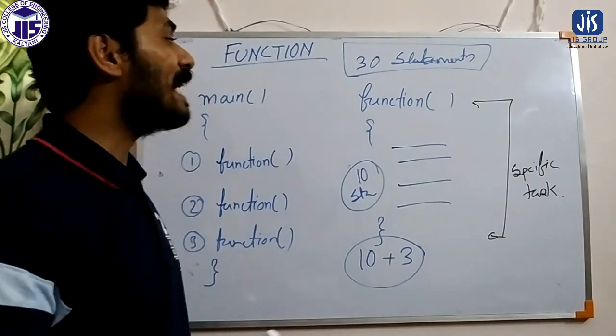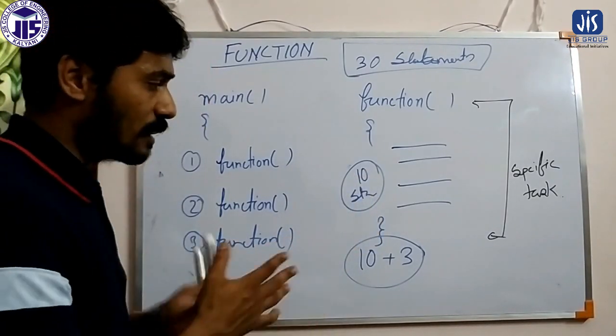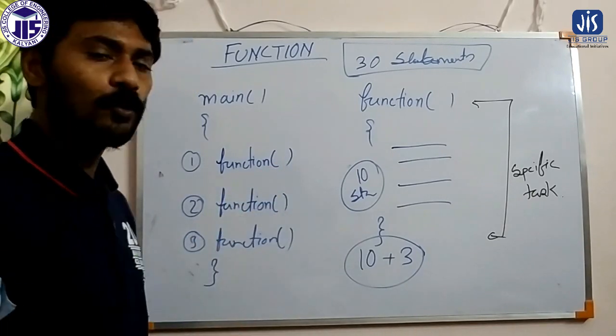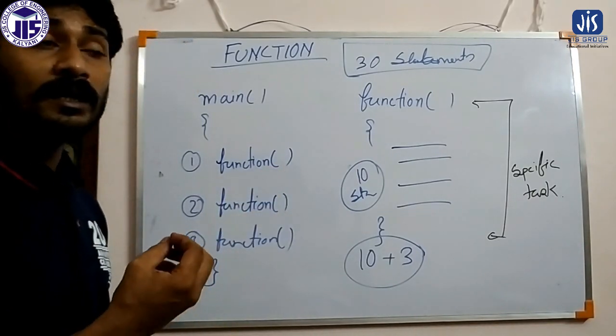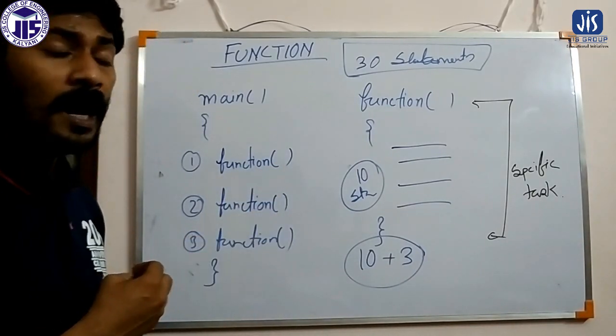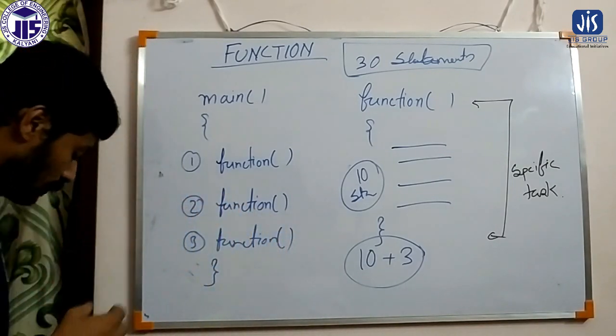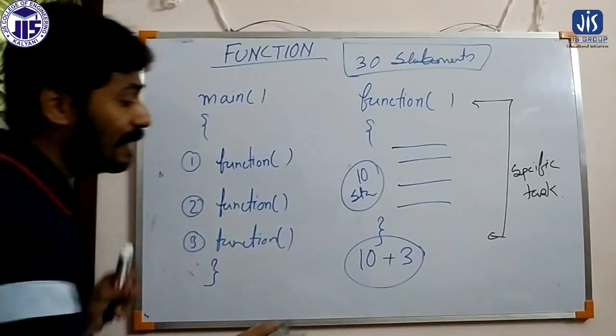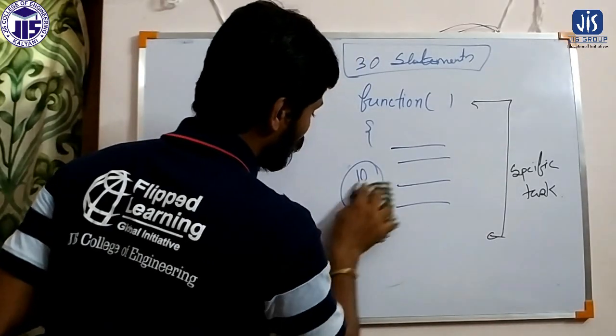That is the advantage of function. Using this concept, we can reduce the size of a program as well as its complexity. Now, from the point of view of error detection and correction,